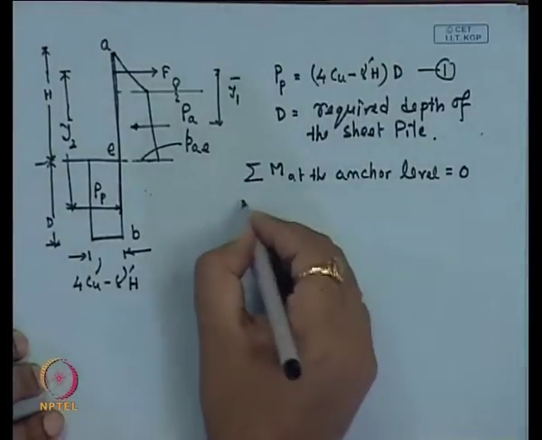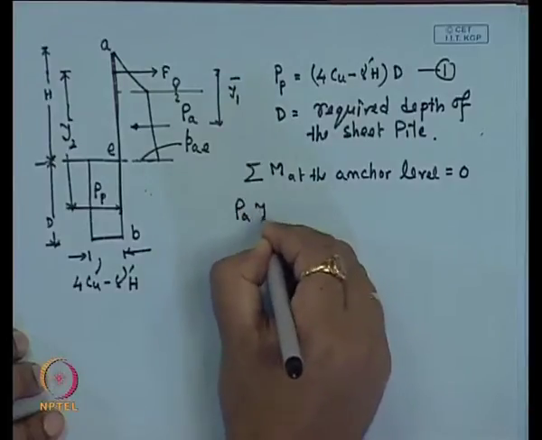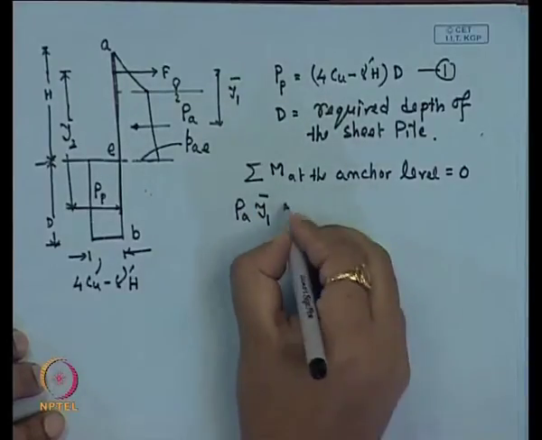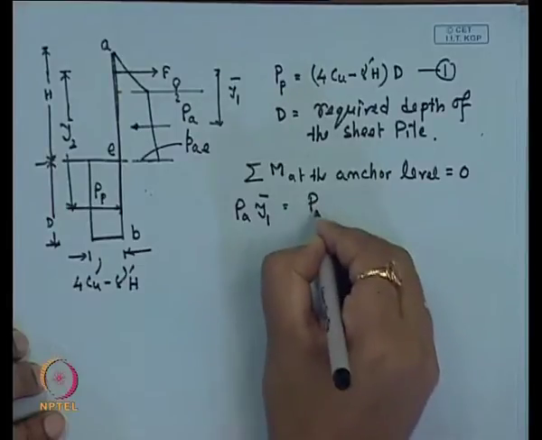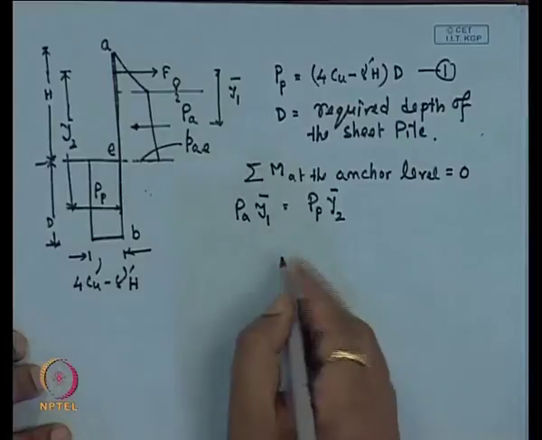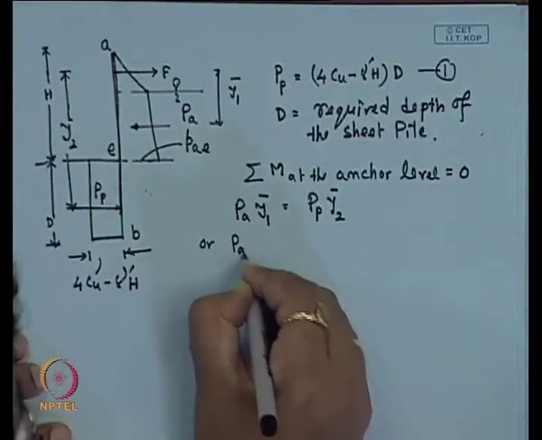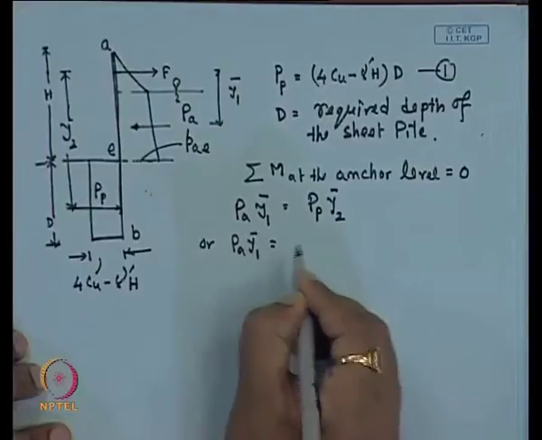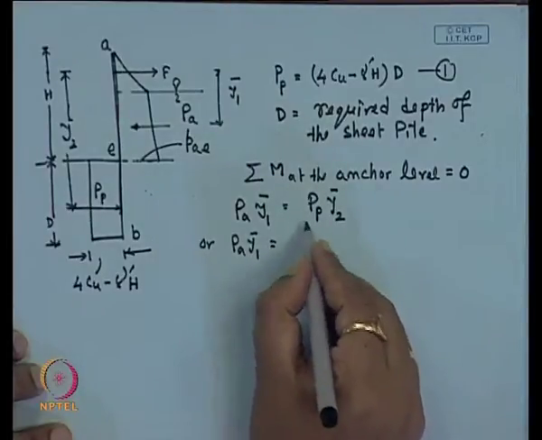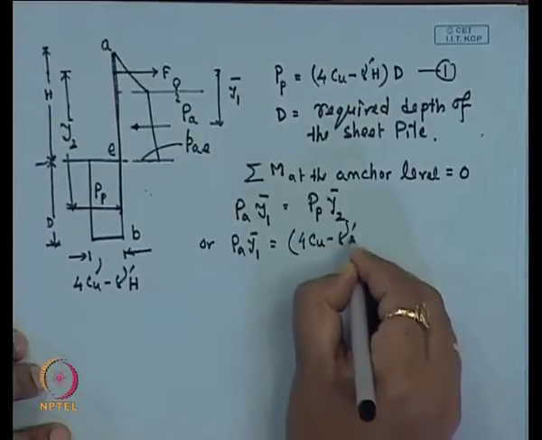If I take the summation at the anchor level, that is P A into y 1 bar, equal to P P into y 2 bar. So, finally we can write P A y 1 bar equal to P P, which is 4 C U minus gamma dash H